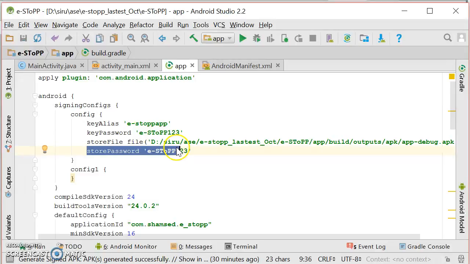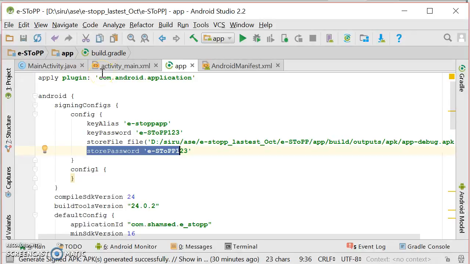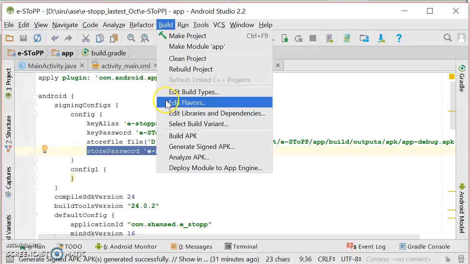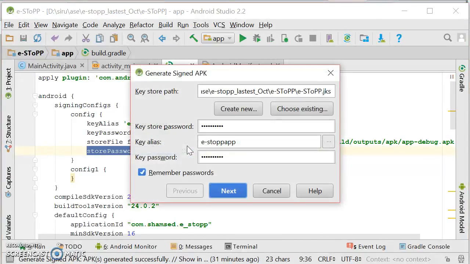It is very important that the key file that we have used to sign our application, the same key file should be used to provide any kind of updates in the future, because otherwise Google Play Store would not accept the new APK as an update. So in order to make updates, once we have done all the code changes, go to Generate Signed APK.